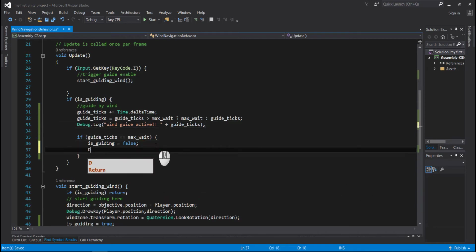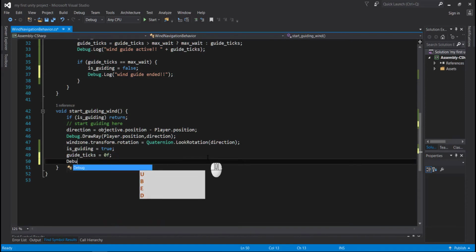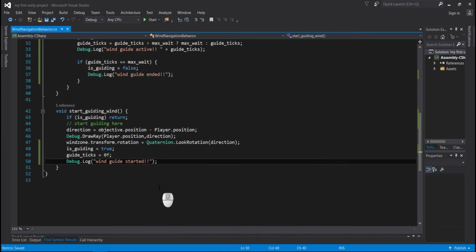And if we reach the end of our is guiding state, then this debug log call should be logged into our console, which is wind guide ended. And let's add another statement here to check whether the starting also happens accurately. Let's call it wind guide started. Right. So let's save our script